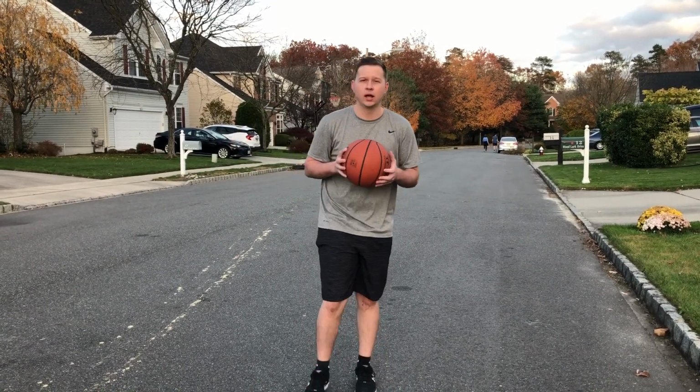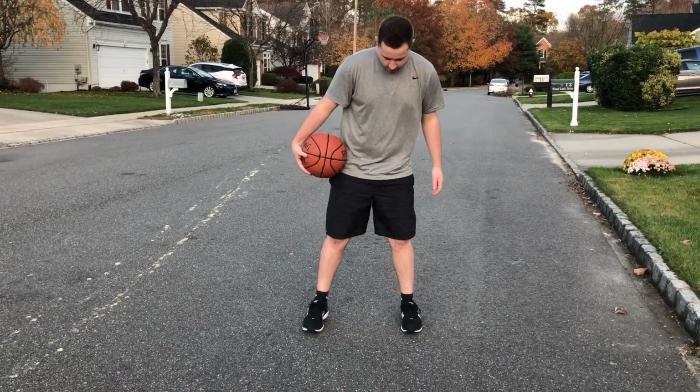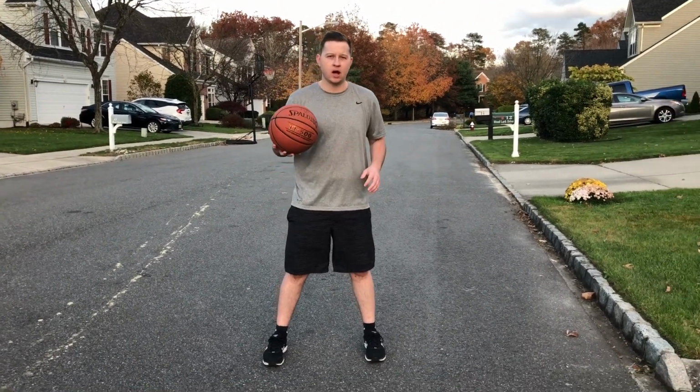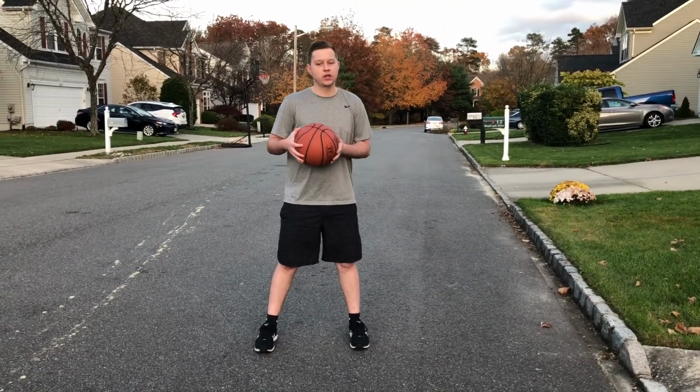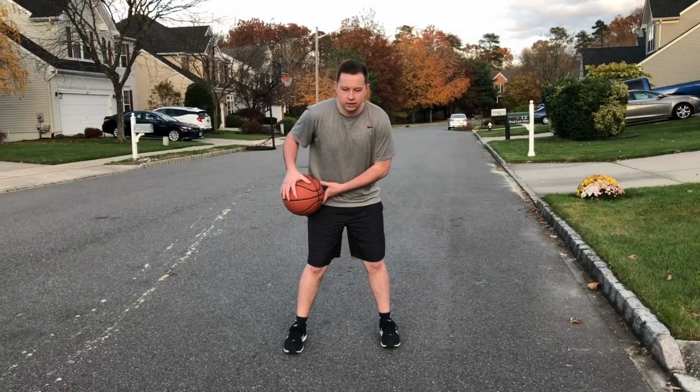So first we are going to be starting with the basic necessities of dribbling. I'm going to start here with my feet spread out, shoulder width apart. I'm going to put the ball into my dominant hand, so whatever hand you use to write with, that's the hand we're going to start with. Mine is my right, so I'm going to put it in my right hand, put the ball at my